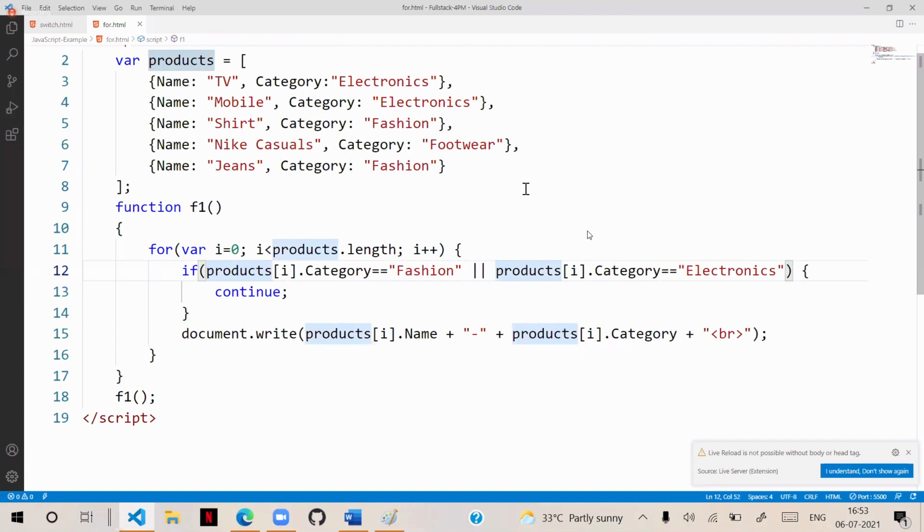That means loop, or continue the loop. This is an example.